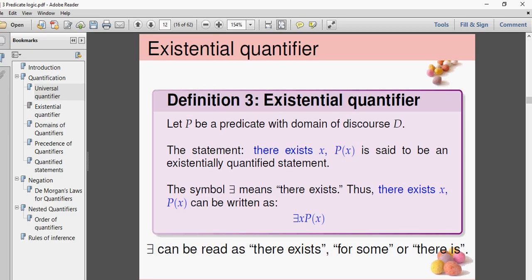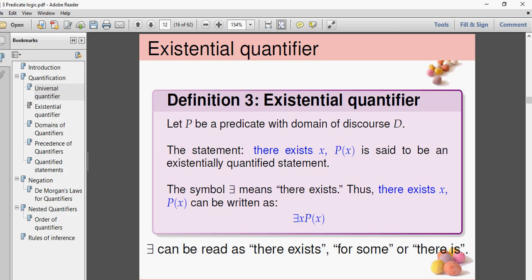Okay, the previous one was universal for each element. Here, no, we will have one existential quantifier: at least one, not all elements. If I want to find there exists x, let P be a predicate with domain of discourse D. The statement here, there exists x for P(x), means I have one element for P(x). When I find this element, the statement is said to be